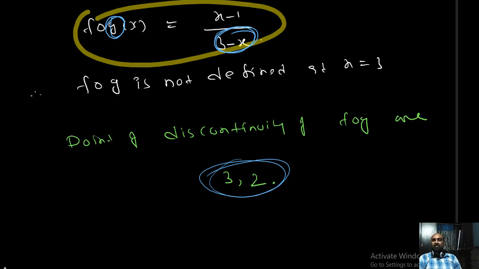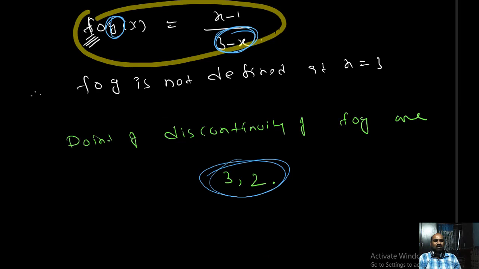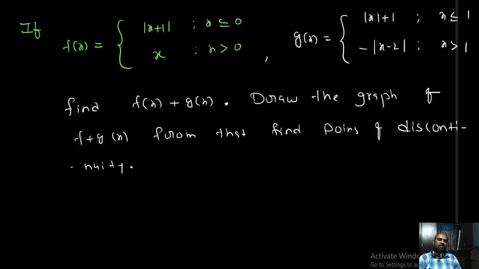But an important note, students, don't bother about this function. Actually, the f function is not continuous at x equal to 1. See here, the function is not continuous at x equal to 1, even though f circle g of x is continuous at x equal to 1. Understood? If you want to check the discontinuity of this function, first of all, find the discontinuity of f circle g of x by using the rule. Next you need to find the discontinuity of the g of x function, that's all. So together, the values of these give the discontinuity of f circle g. Okay. So very important model, students, very important.